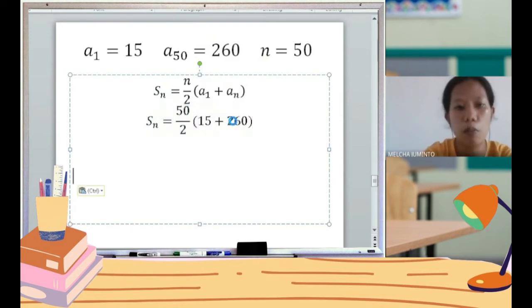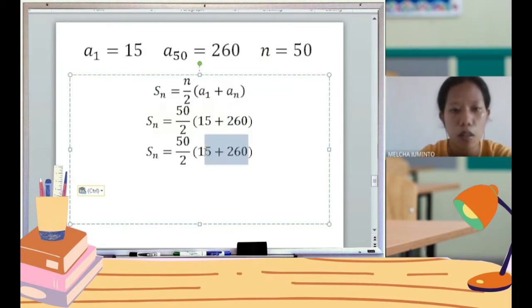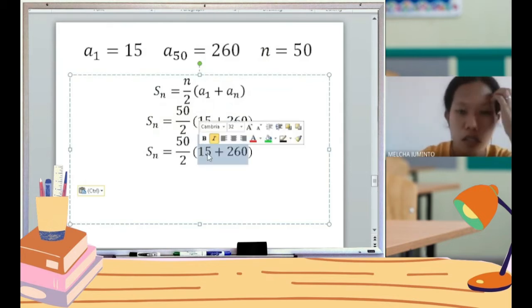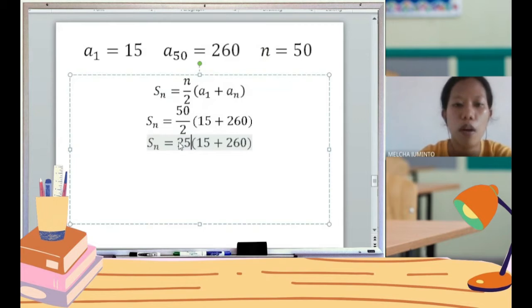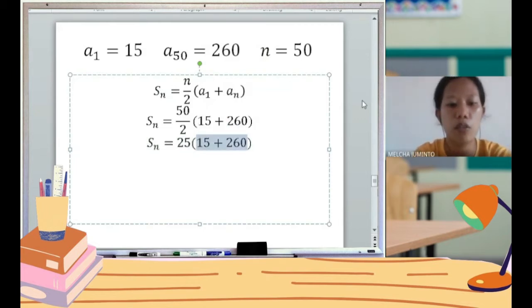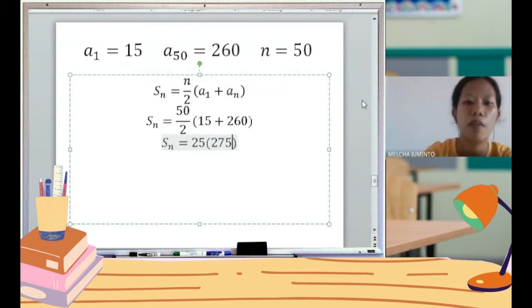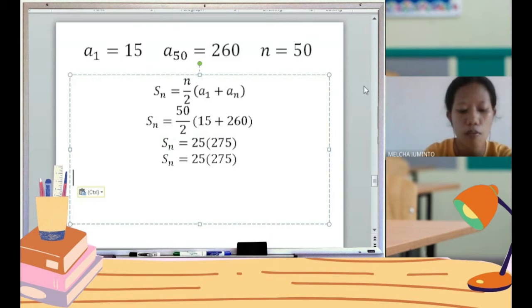50 is not divisible by 2. You may simply start with 15 plus 2. 50 is divisible by 2, sorry. You first need to divide this to simplify the equation. So divide 50 by 2 equals 25. And then we add first 260 plus 15 to get 275. And finally, to find the sum, we need to multiply 275 times 25 equals